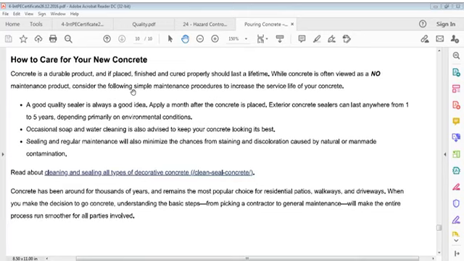Sealing and regular maintenance will also minimize chances of staining and discoloration caused by natural or man-made contamination. Concrete has been around thousands of years and remains most popular choice for residential